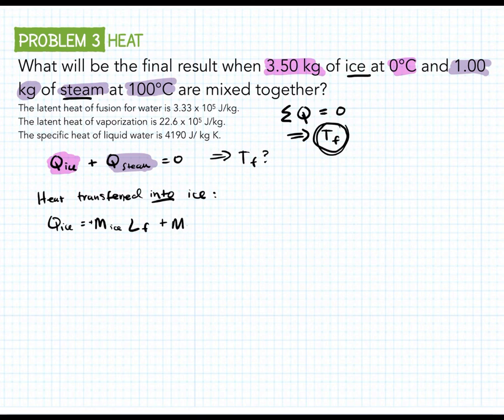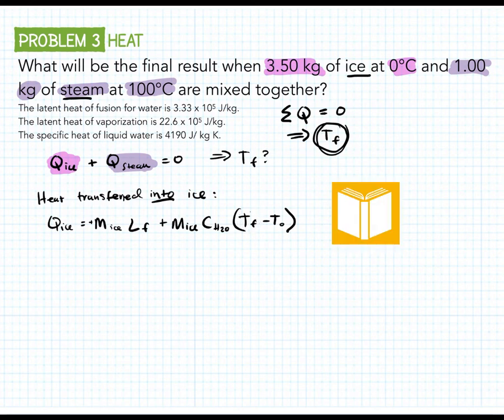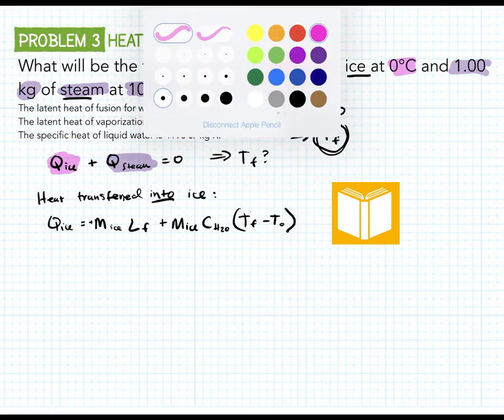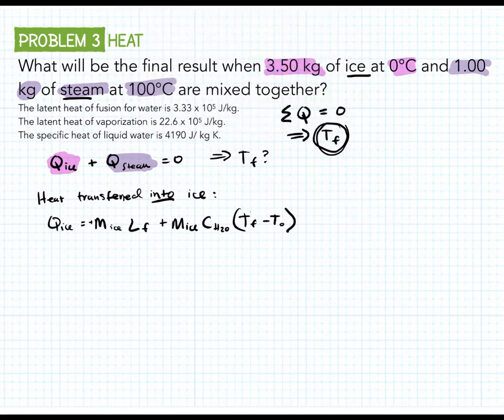And then M ice, the melted ice has the same mass as the ice, so we can leave it like that. C water, and then T final minus T initial, that's our delta T. But remember, we're trying to solve for T final, so we want to write it like this. So this is just our stuff for ice, like this. Okay, we can plug in some numbers and it gives us something that looks like